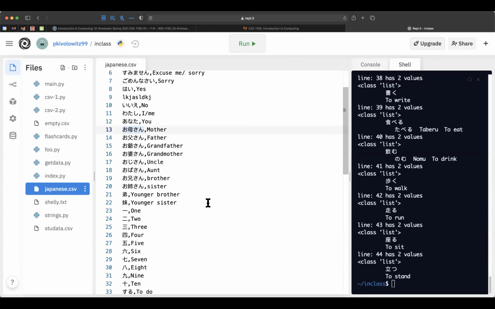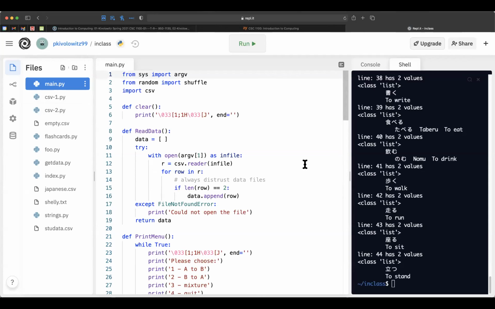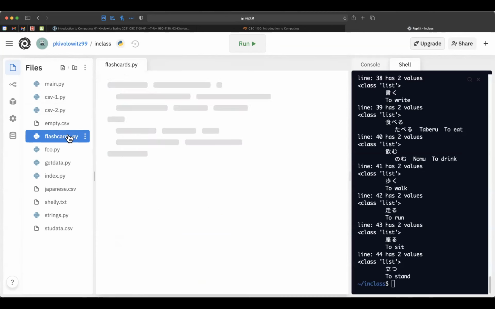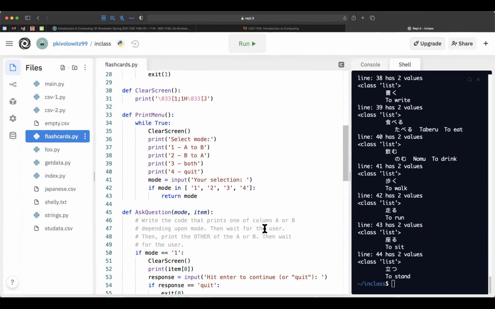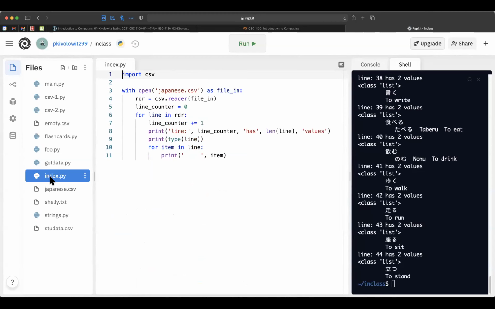Can you head back to main.py? Over here? Yes. Oh, wait, that's not the one we were doing. Yeah, I do a lot of them. So what were you hoping? Flashcards? This one? I know the one we were just doing. The one we were in before was index.py, unless we were in one of these and you were just down lower and I didn't notice.